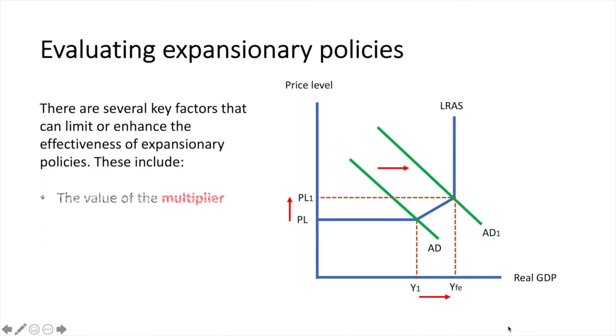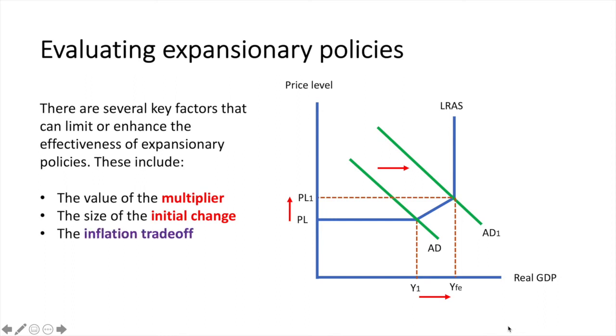These include the value of the multiplier. If the value of the multiplier is larger, or if the marginal propensity to save is lower, then a smaller amount of increased spending is needed to achieve a set goal. If the multiplier is smaller, then a greater initial change in spending will have to be accomplished. Second is the size of the initial change. With an output gap coupled with the multiplier effect, we have to consider the size of the initial change. Will it be significant enough to achieve the outcome we are pursuing?